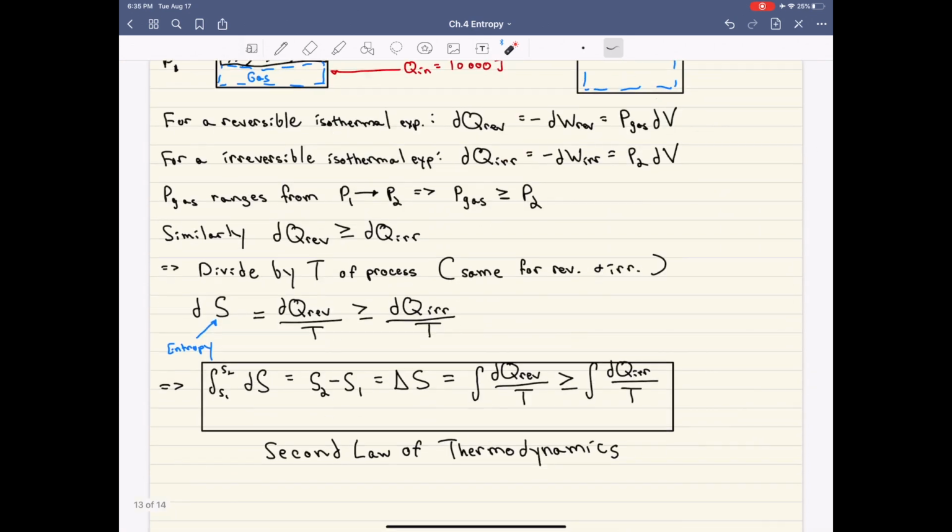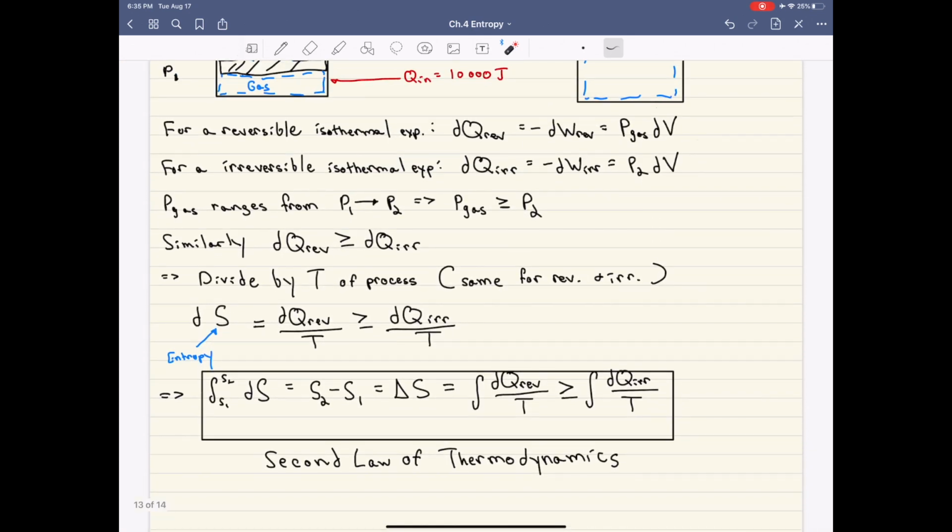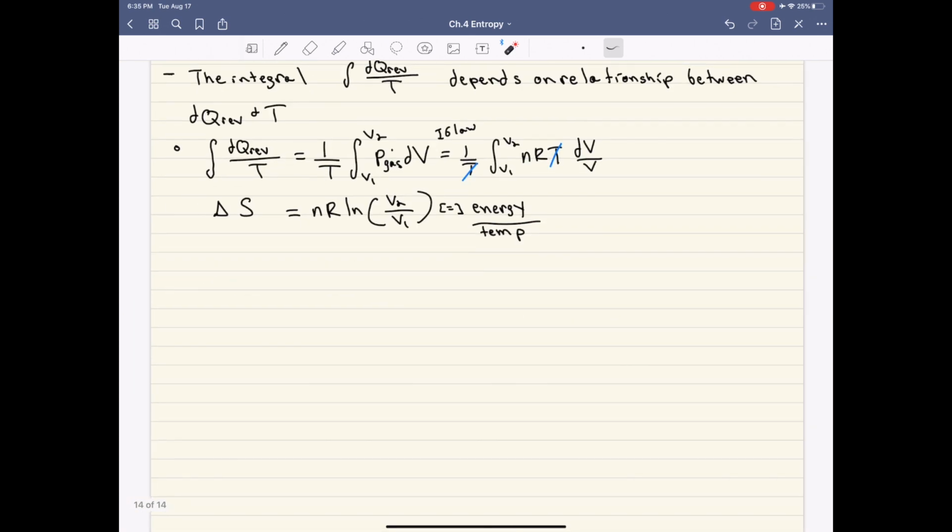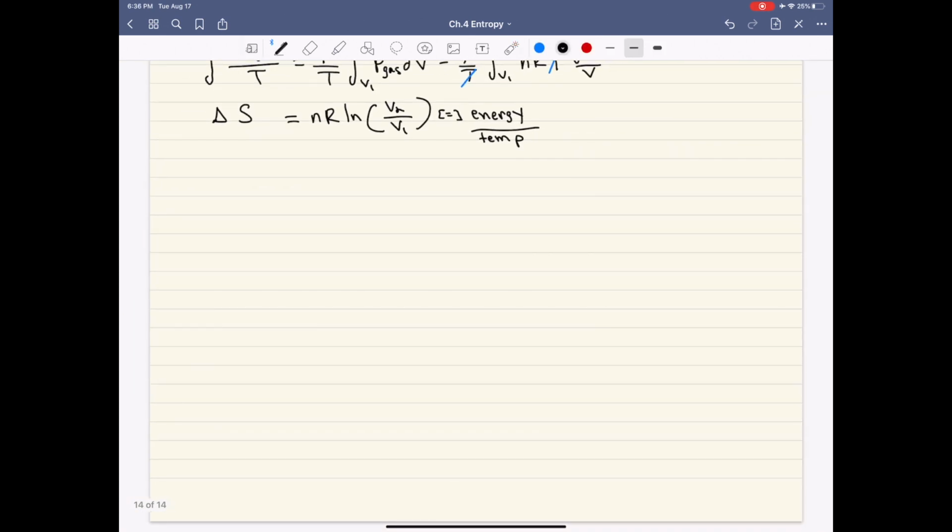If we go back here, we also see that on the right-hand side of the equation we have this weird inequality that we're dealing with, right? And so what we could do, rather than dealing with an inequality sign, we could rewrite the second law in this way. So delta S is equal to the integral of dq rev over t, but instead of an